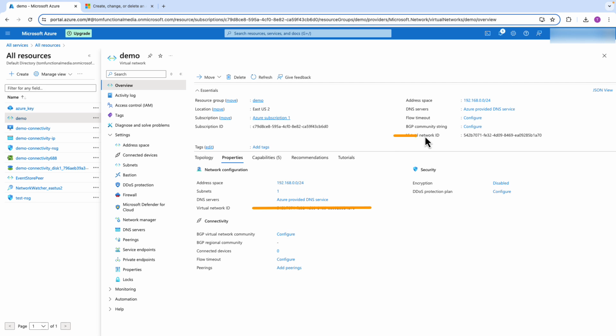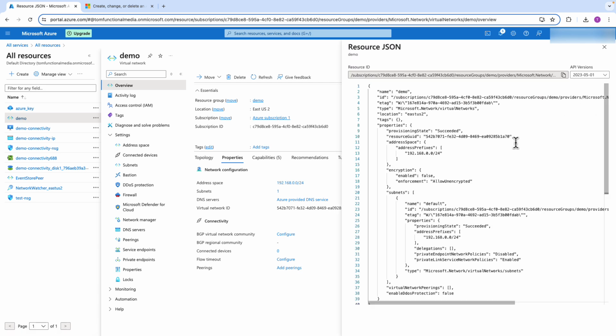So I'm crossing that out. What you want to do is click in the top right, the JSON view of the configuration. Clicking on that will expose the network ID in the form that we need for Event Store. So copy the value of the ID field in this JSON document